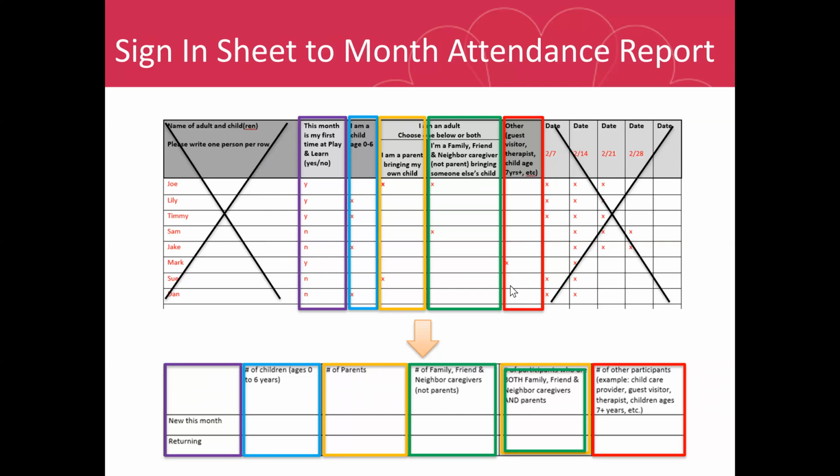We would just need the month that the report is coming from. And so the first purple column would be where you would indicate if they're new or returning. For the blue, it would be the children. The yellow, parents. And green is FFN. And the both category would be both parent and FFN. And the red would be any other participants that have arrived in that group.